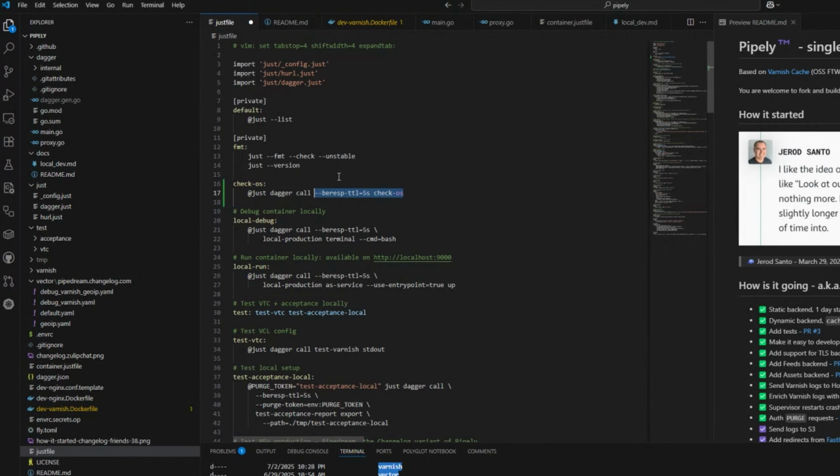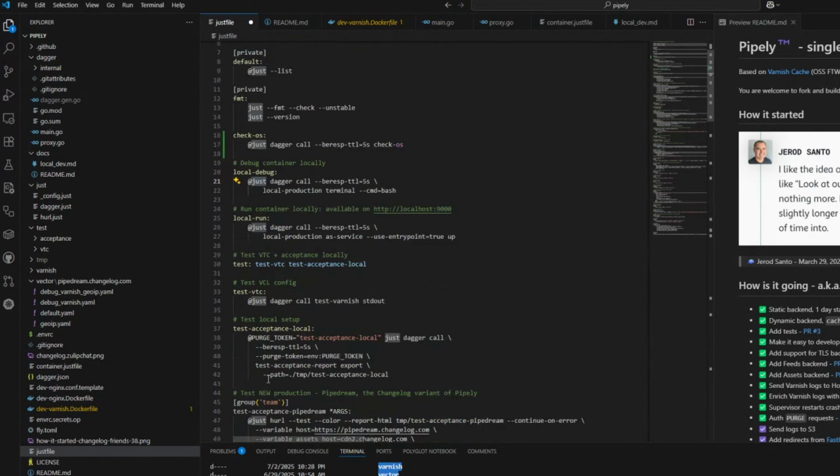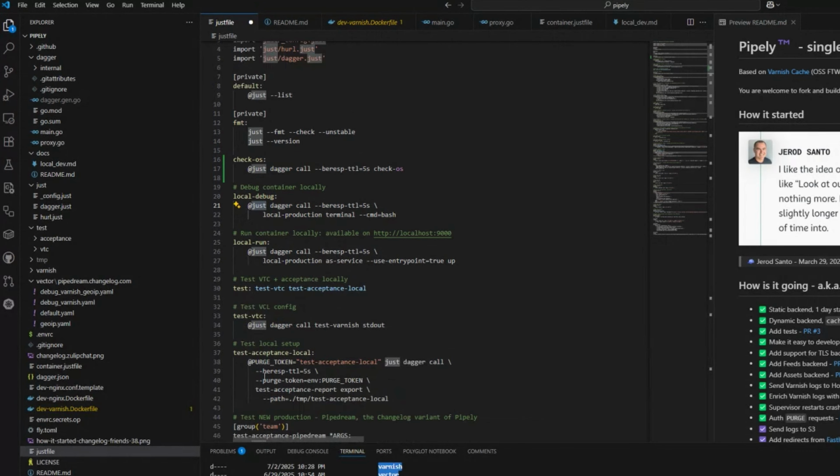As one of the rare Windows users in this group, I just wanted to make sure. Really, my primary goal was to make sure everything works for Windows. And I think really with the switch to Dagger, especially for the local environment, because it's all containerized, it simplified everything really. Since I already had the local debug flow working on my machine, I started to think, well,